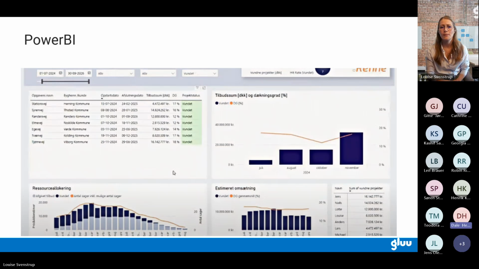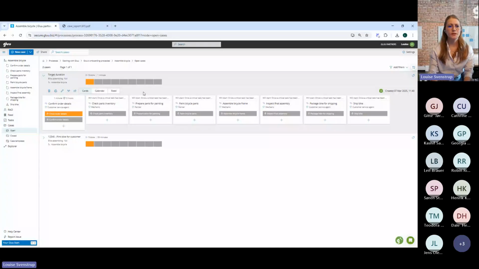If you don't mind, could you just show in the user permissions how we could set the different permissions for each role, please? Sure. Absolutely. Let me just share the Gluu account again. So